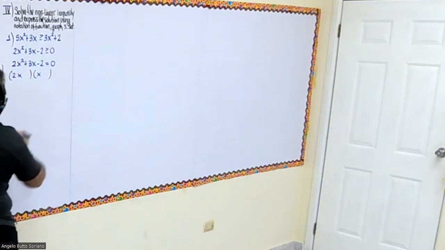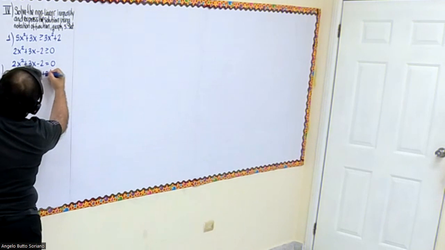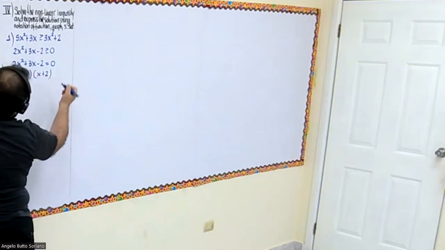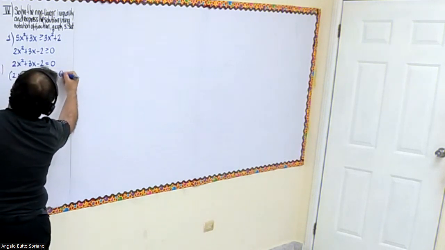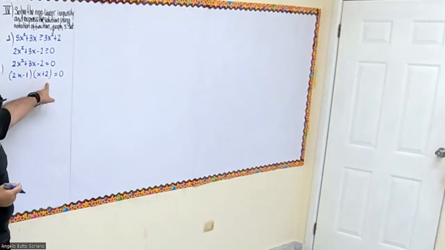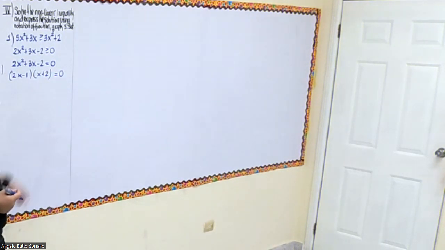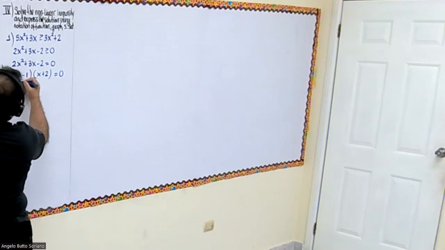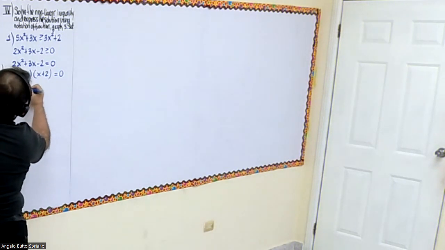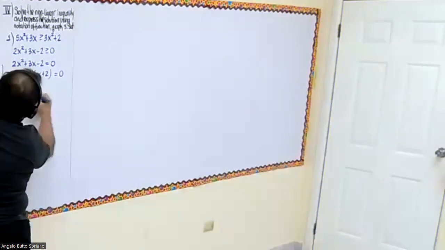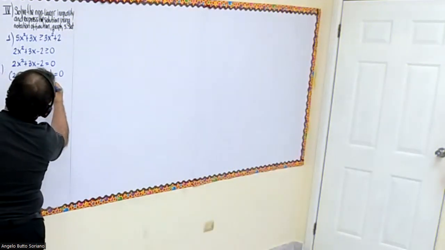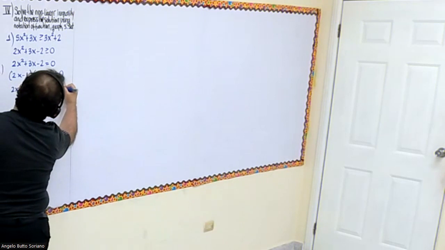And we got the number 2 over here, positive and negative 1. Because 2 times 2 is 4, 4 minus 1 will be 3. And the solution: we got 2x minus 1 equals 0, x equals 1/2. On the other hand, x plus 2 equals 0, x equals